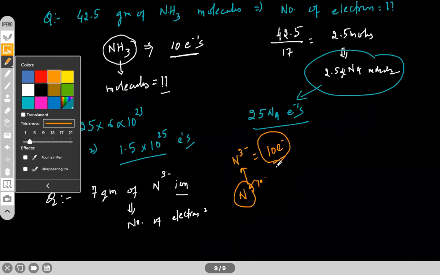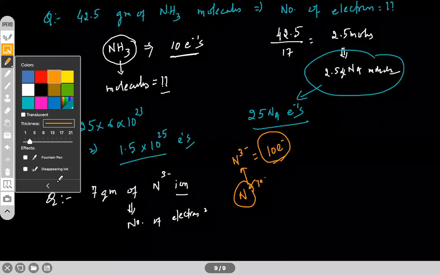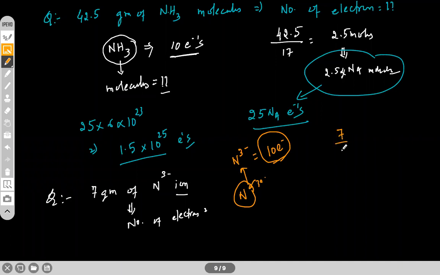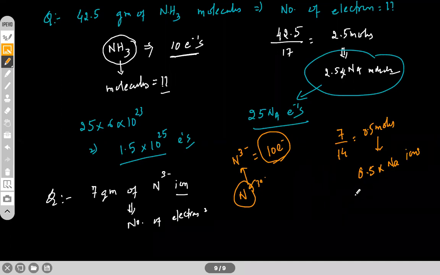So we need to find out how many ions, right? And for that, what we have to do? Number of moles, first of all, we'll find out. So number of moles is 7 divided by 14, that is 0.5 moles. 0.5 moles is equal to 0.5 into Na ions. And this one ion has 10, so this many ions have 5 into